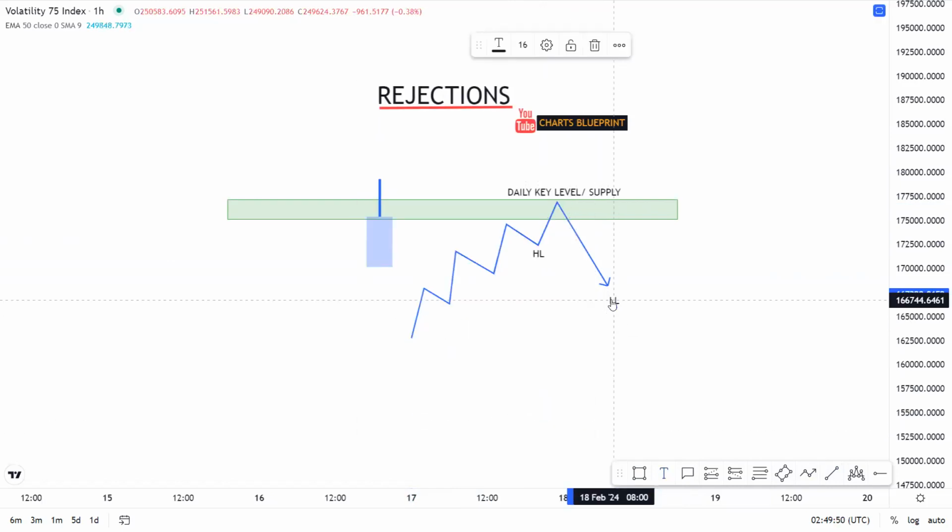And once we do have a confirmed structure shift, just like this,